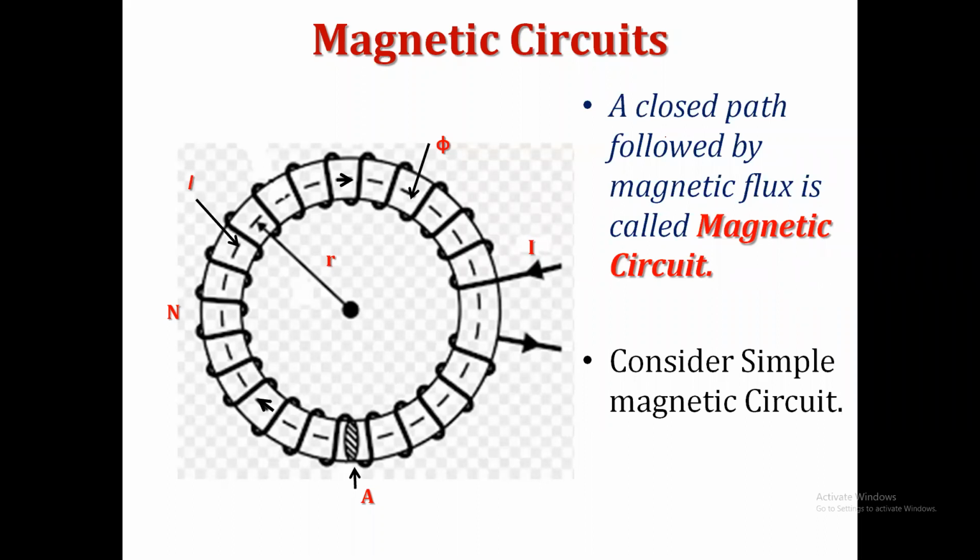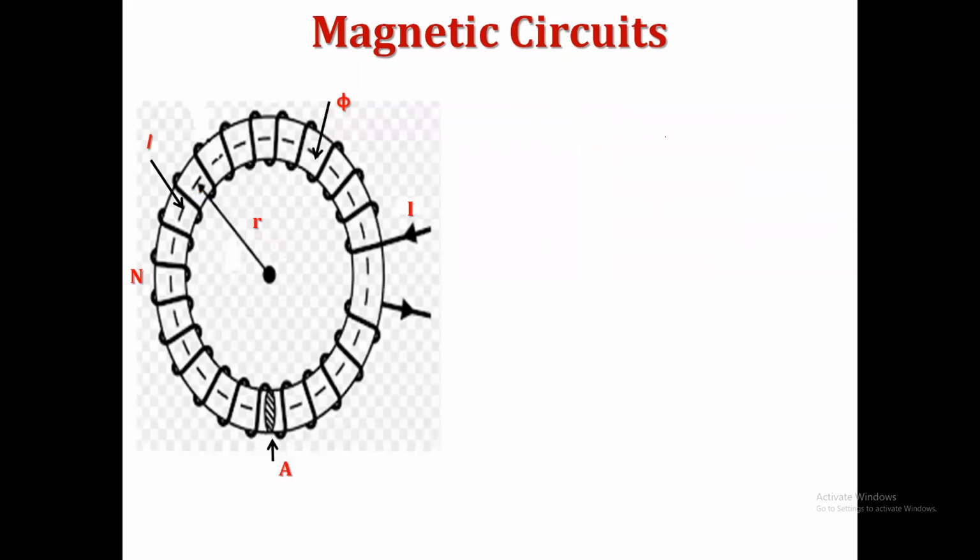Is it right? Now assume this is a solenoid coil, and when the current is flowing, the magnetic flux starts to rotate inside the coil. When it is a solenoid coil, how can you calculate the magnetic field strength produced by that current? What is meant by magnetic field strength? How can you calculate the magnetic field strength in a solenoid coil?